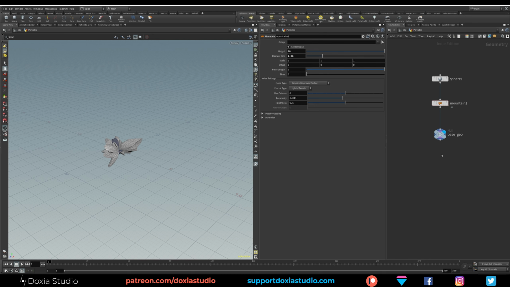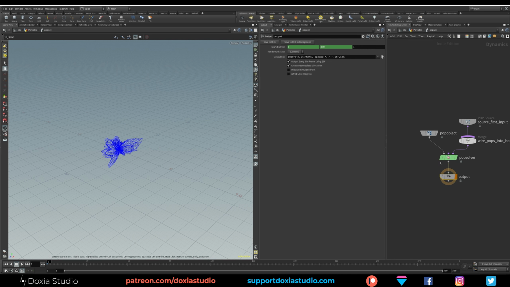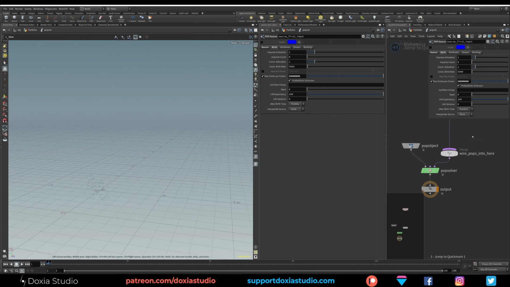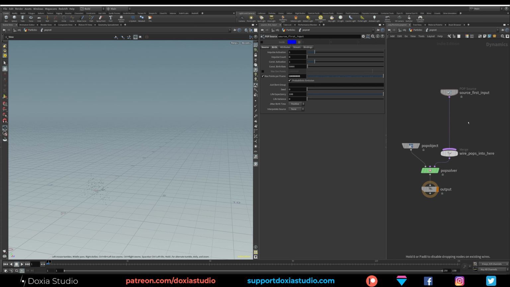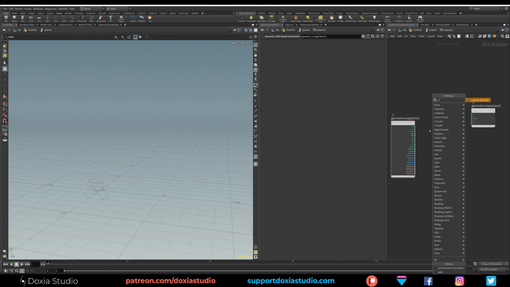I like to have these nulls, so if we change the basic starting geometry, our system will update. Now let's go with our friend PopNet, and let's start with the simple stuff. Let's add some noise to move our particles. So let's put our friend Pop, and let's put our flow noise.